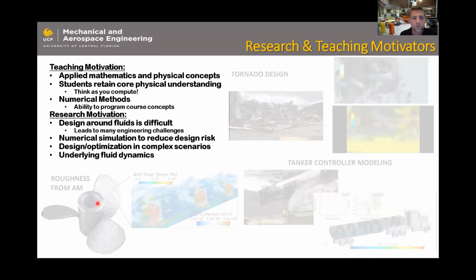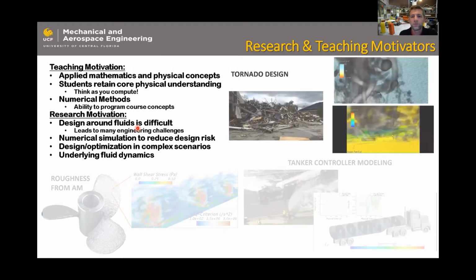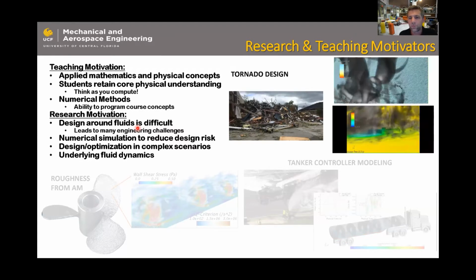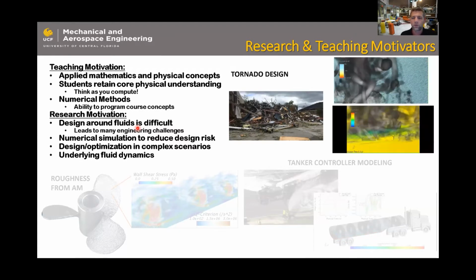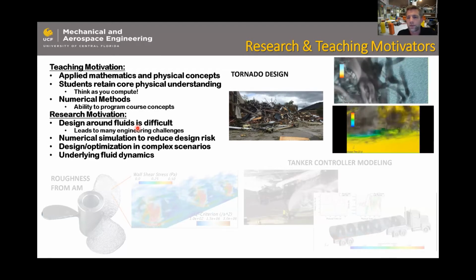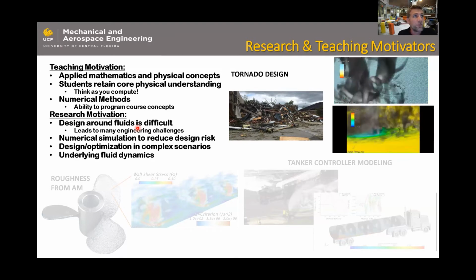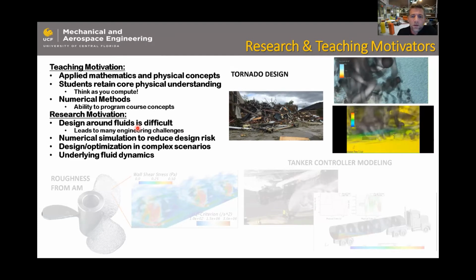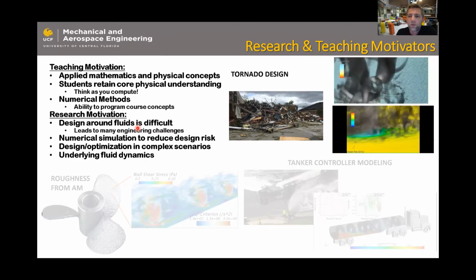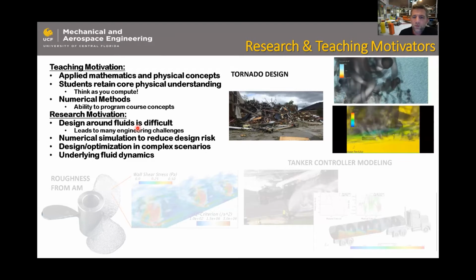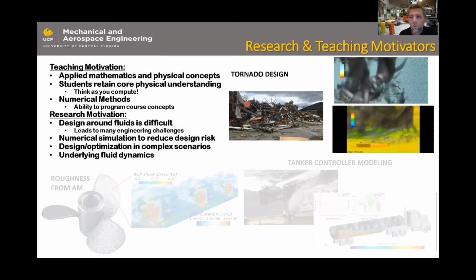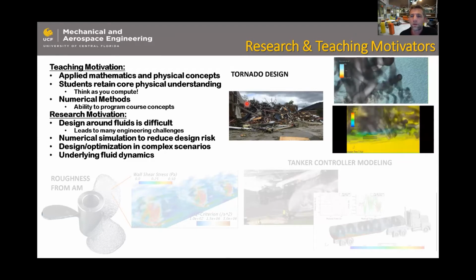My research motivators are really oriented around fluids being difficult, nonlinear type medias that lead to a lot of complex scenarios. I'm just going to give you 3 brief examples that are more general, and then we'll dig into some of the more detailed examples later. So this is one example of tornadoes. We've just finished a nice paper in Structure magazine where we were assessing tornado loads using CFD. So tornadoes basically break apart buildings. And why do they break them apart? They apply very complex